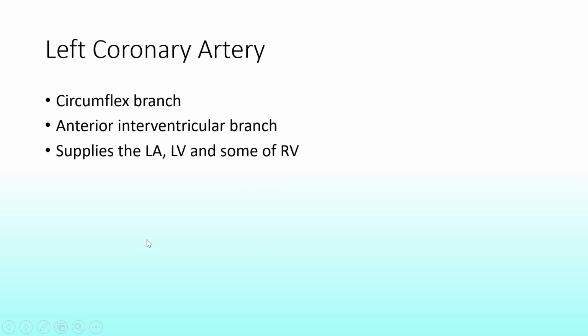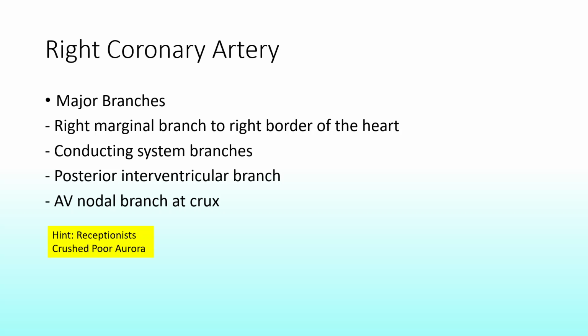So, another mnemonic. Going back to the RCA, the right coronary artery supplies the right atrium, the right ventricle, the posterior third of the interventricular septum, the sinoatrial node for 60% of people, and the atrioventricular node for 80% of people. It's also part of the diaphragmatic surface, which is part of